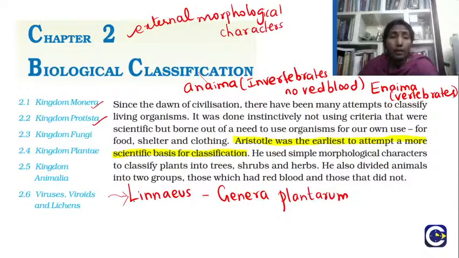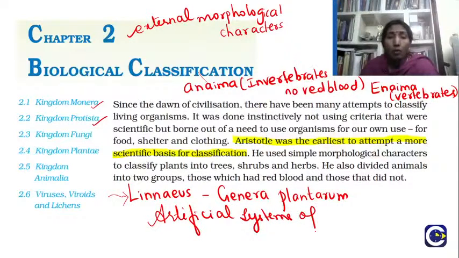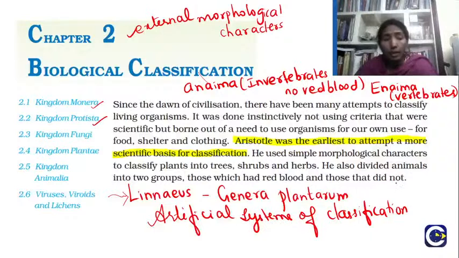Later it was followed by Linnaeus, what we call the artificial systems of classification. But there were some drawbacks in this classification, because there were only a limited number of characters, and there was no natural relationship; they did not consider that at all. For example, butterfly, bat and birds were all grouped together because they have wings. So they didn't have a strong base to put them all into one set of classification.